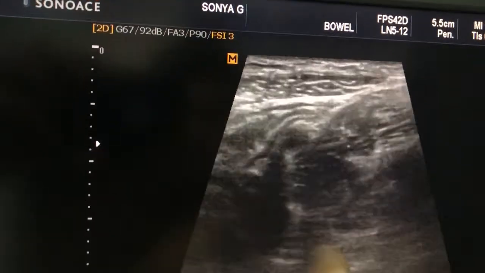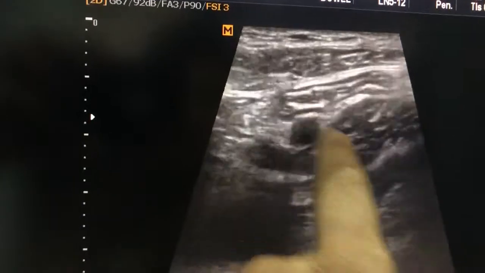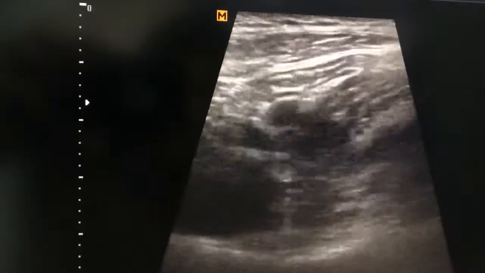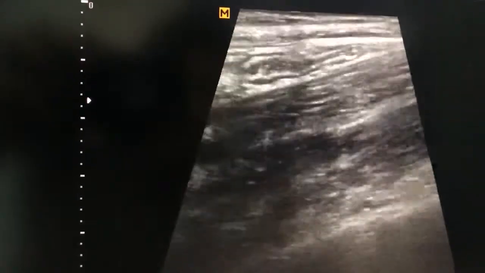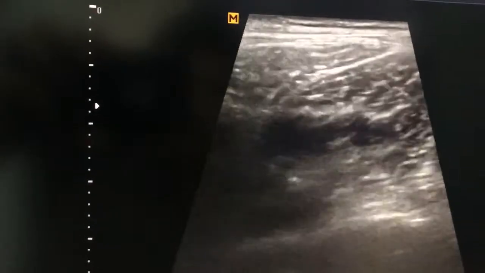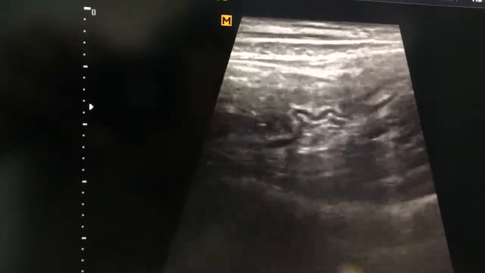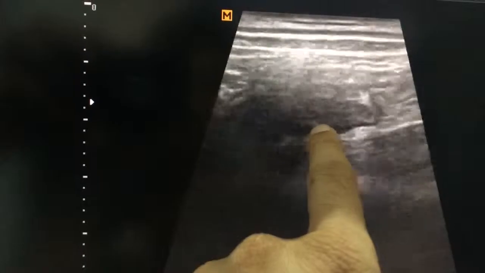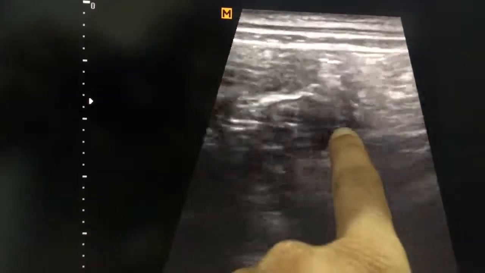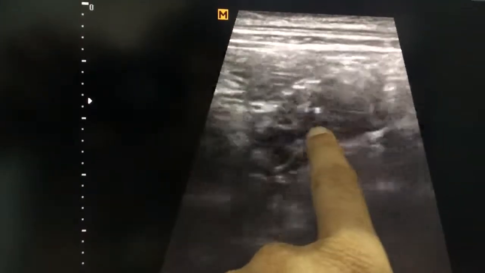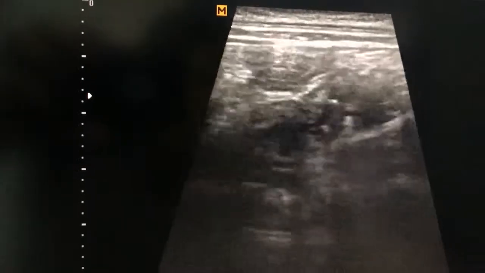This is for the first time, and the probe is placed on left iliac fossa, and this is the descending colon. It is edematous in transverse view, and now we will take the longitudinal view and look for this edematous descending colon and trace it further upward. This is the descending colon. It is edematous. Quite significant edema is present,